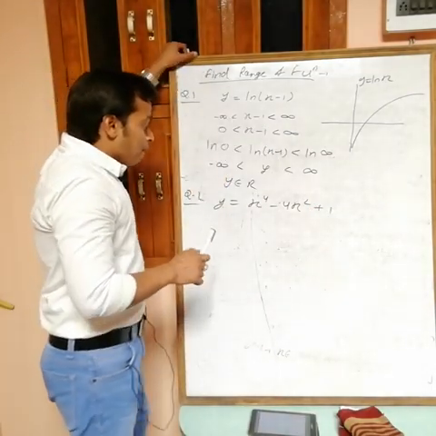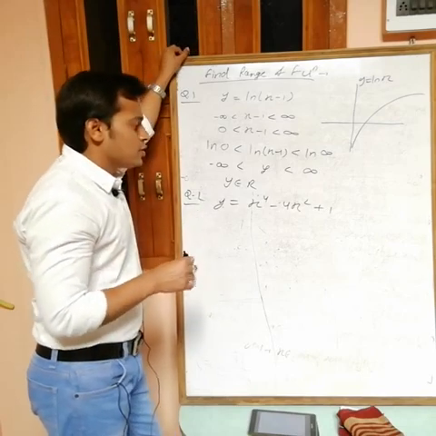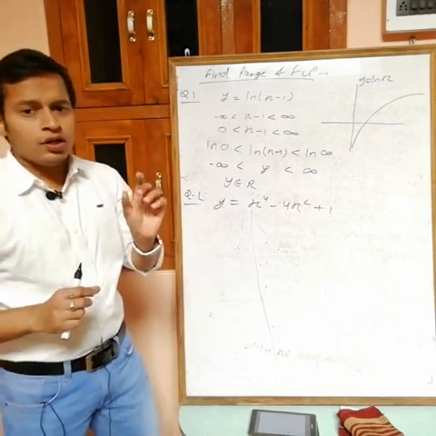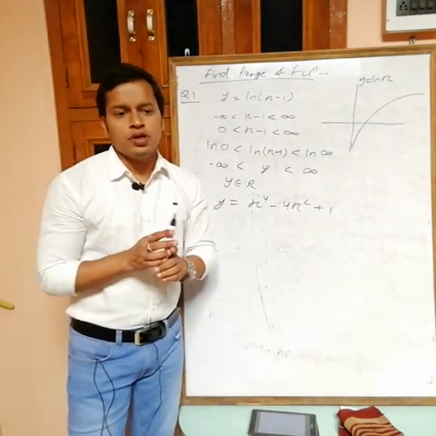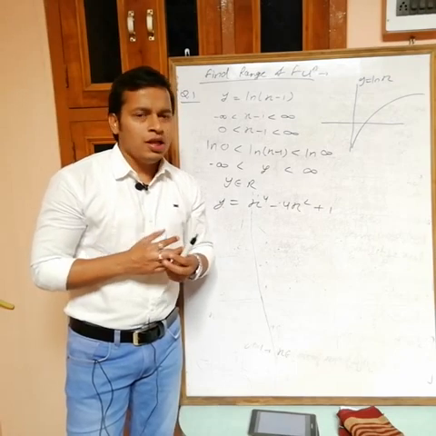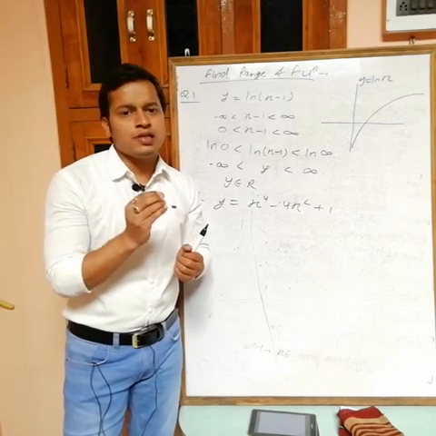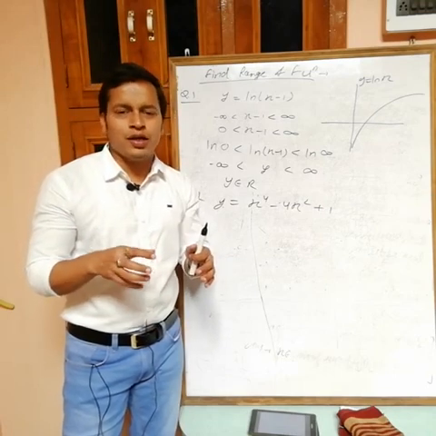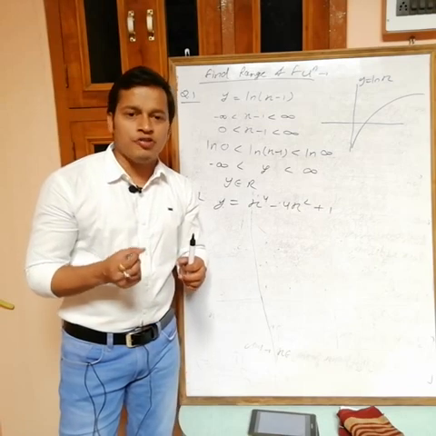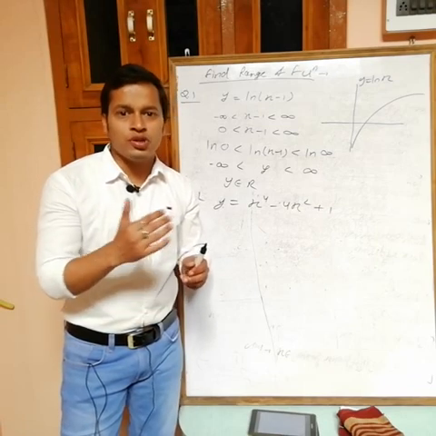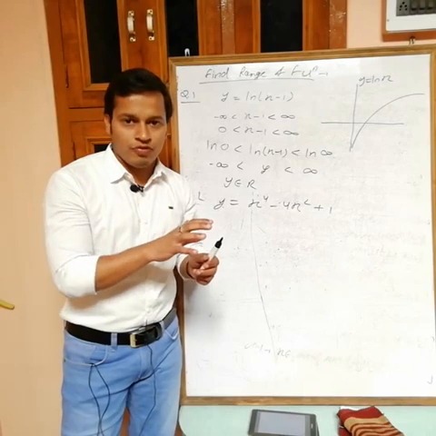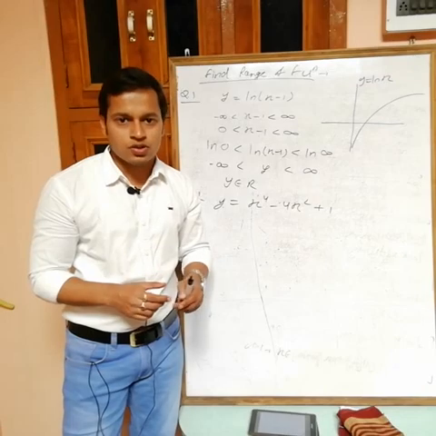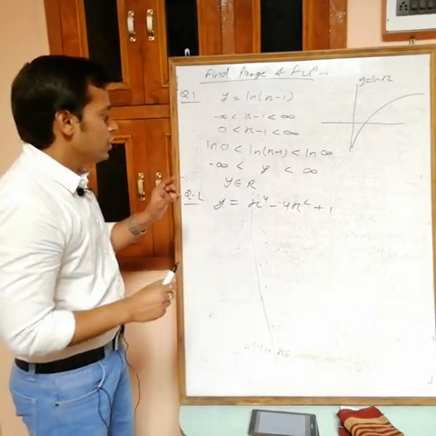Now I want all possible values of this. x power 4 minus 4x square plus 1. Remember one thing, if you want the range of a polynomial, we have two methods. If there is a quadratic polynomial, then complete the square. If it is of degree 3 or 4, meaning you can't write it in quadratic form, then use the graphical method. Just draw the graph, find the maximum, minimum, local maxima, local minima, and if an interval is given, then find the range. We will take questions based on this, but at this time, this one.